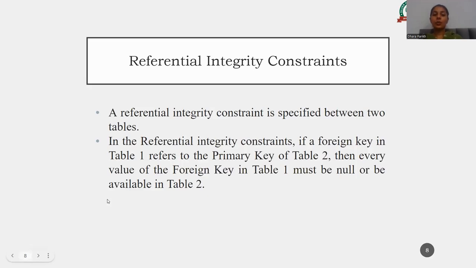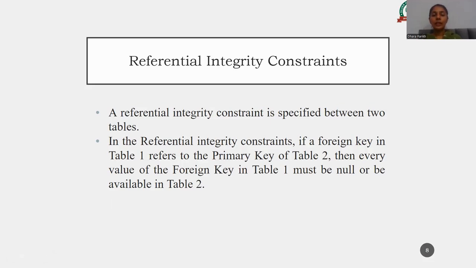The next one is the referential integrity constraint. The referential integrity constraint is specified between two tables. In the referential integrity constraint, if the foreign key in table one refers to the primary key of table two, then every value of the foreign key in table one must be null or available in table two.